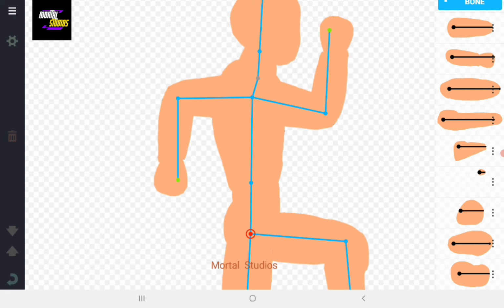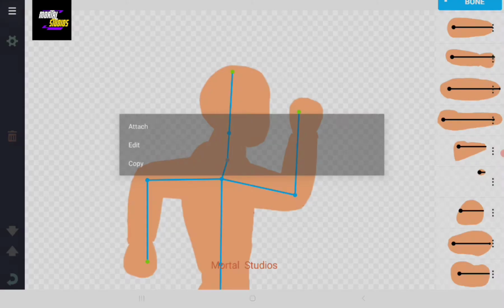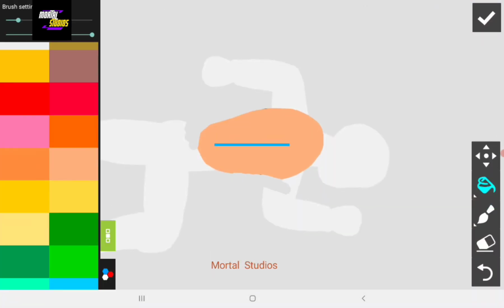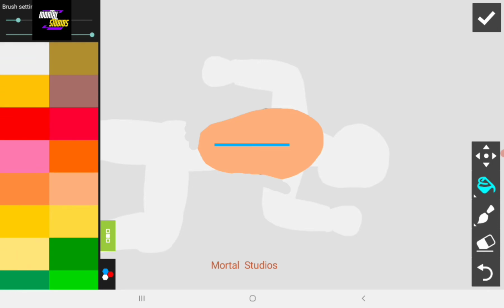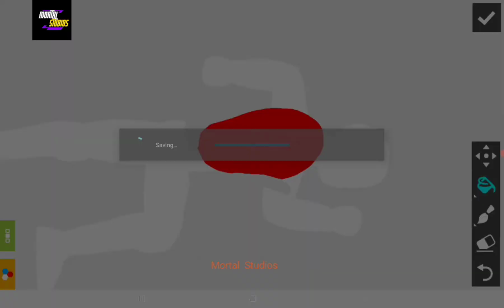So let's get started. First we are going to color the character, second we are going to give the shade, and third we are going to make the hair of the character. We'll keep the head of the character last. First we'll color it. So this is the body, we are going to edit it, click color, and then I'm going to put something like a red color. Click on paint and double click. If you double click it will get automatically colored.